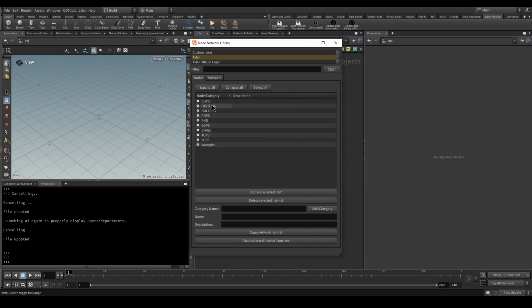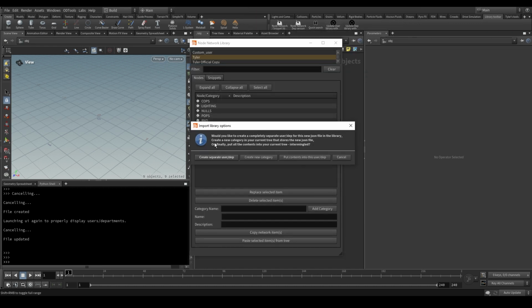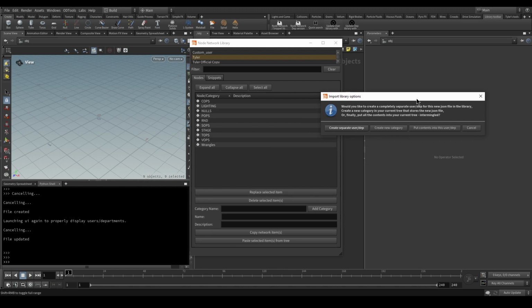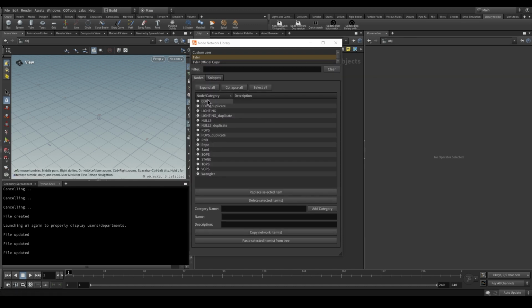Okay, so that is the category feature. And now it says, or finally, put all the contents into your current tree, intermingled. So this is going to merge the two libraries together just as you see here. If there's any duplicates, it's going to show up just like that. So I'm going to say put contents into this user/department, again depending on which tool you're using. I'm going to say custom user, and you'll see what it's doing here is it's just putting it directly into